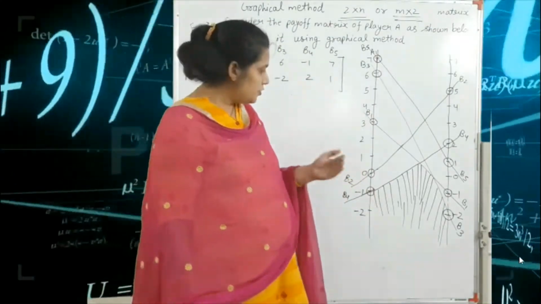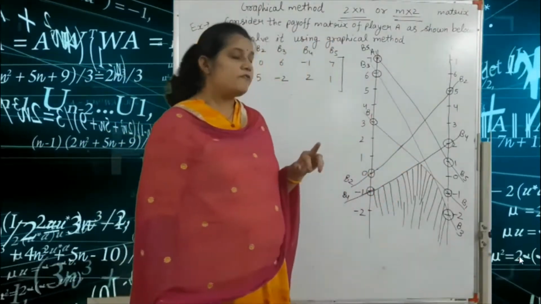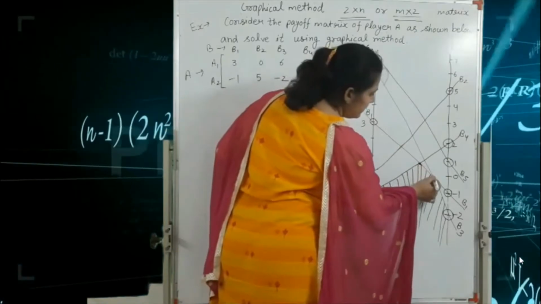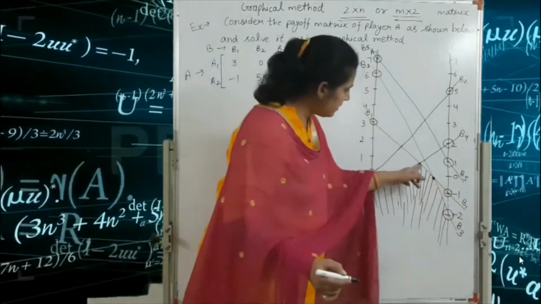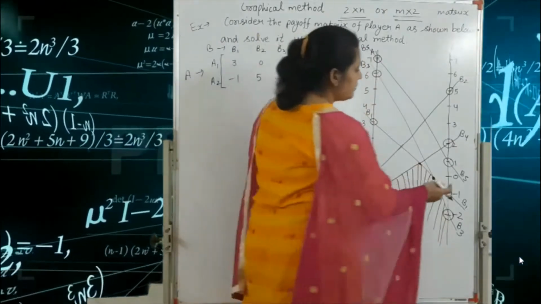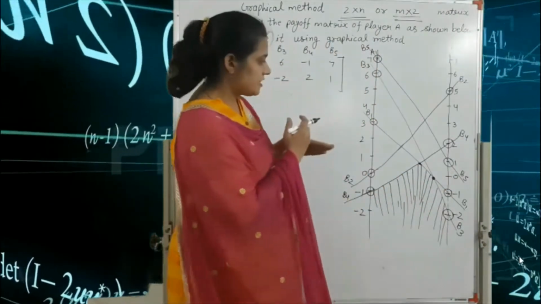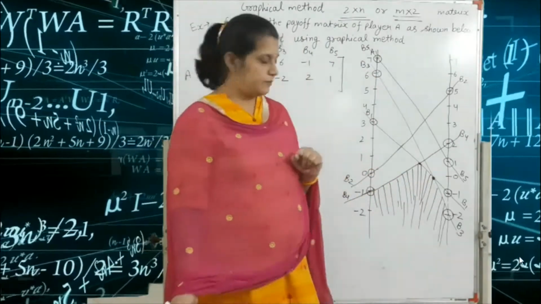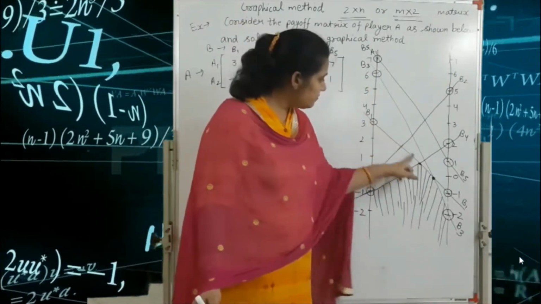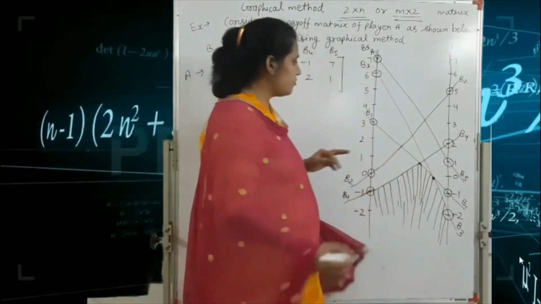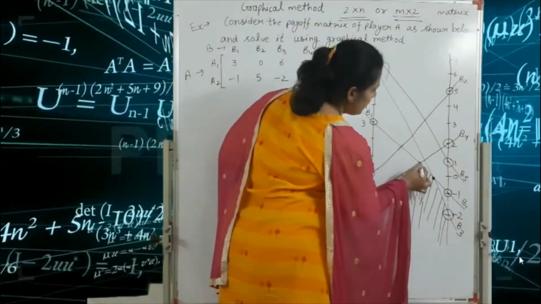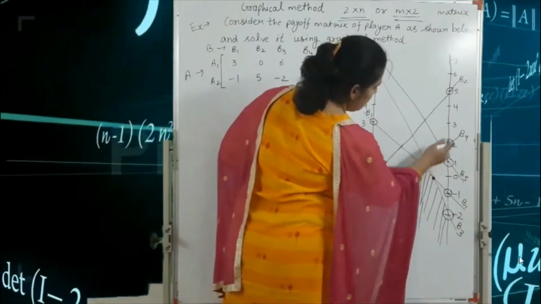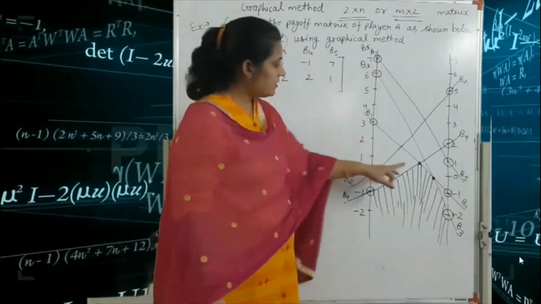After that you find the intersection point where two lines intersect each other. So here the one point and here the second point. These 2 points in the lowest region are intersection points where B1, B2, B3, B4, B5 intersect each other, but only 2 lines. So these 2 points are B1 and B4. Here this is the B1, okay, and this is the B4. Got it? Here B1 and B4. These 2 points are intersection points.